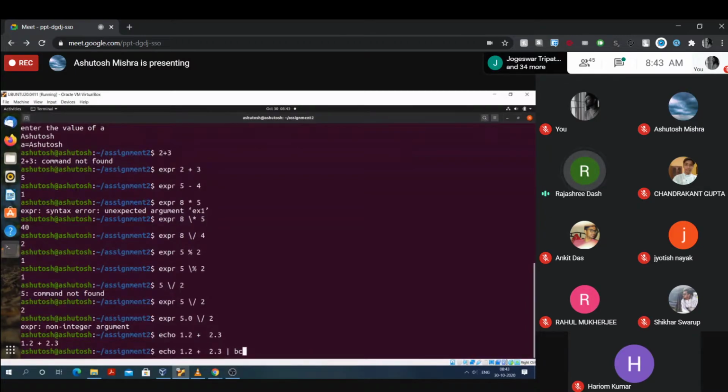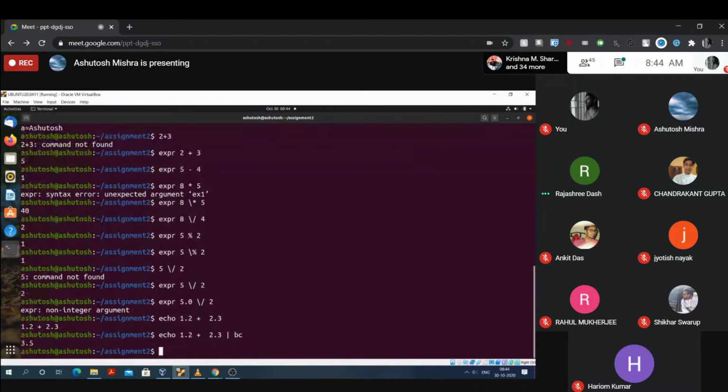So here we are passing 1.2 plus 2.3 to that calculator. Enter, see whether it is giving you the output or not. It has shown you the output 3.5. But 1.2 plus 2.3 you cannot add using your expr command.